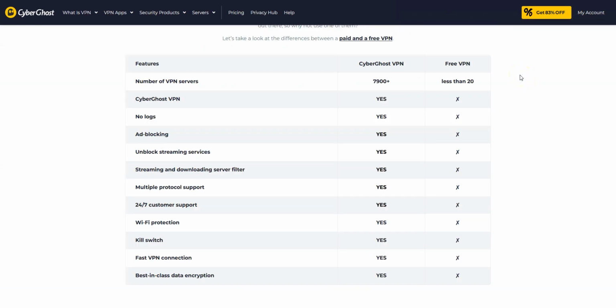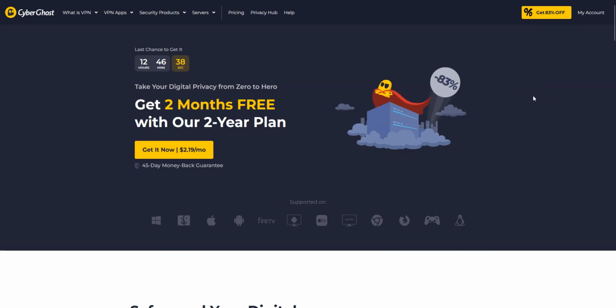None of the free VPNs will allow you to get a Chinese IP address. Free VPNs are not secure and slow. They don't offer unlimited bandwidth either. Best to forget about them. This is why I recommend using CyberGhost, which is by far the easiest and most effective way to get a Chinese IP address.